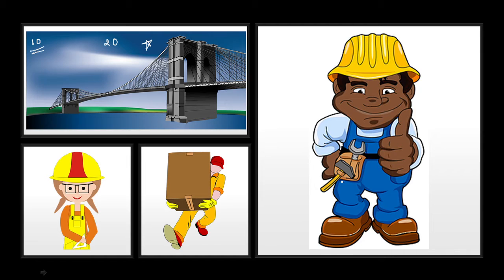Now here you consider two quantities. What are the two quantities? One is the number of days and the other is the number of workers. Now see children, if you increase the number of workers, the days required will be reduced. So what is this? Here, if you increase one quantity, the other quantity is decreasing, opposite behavior. So this is an inverse variation. Now let's see children how we can define it.